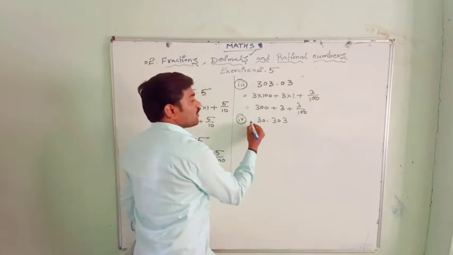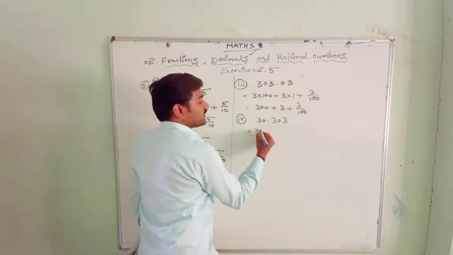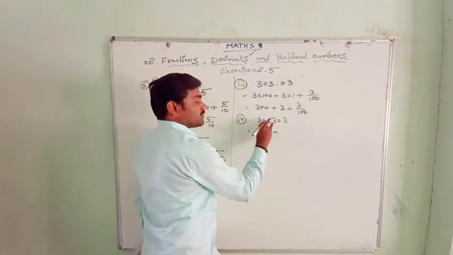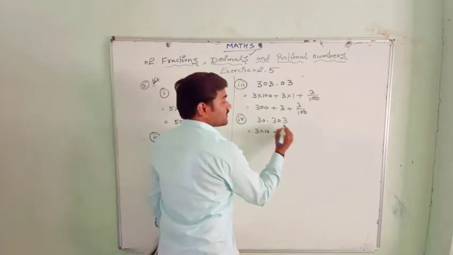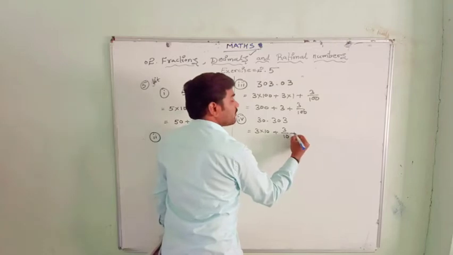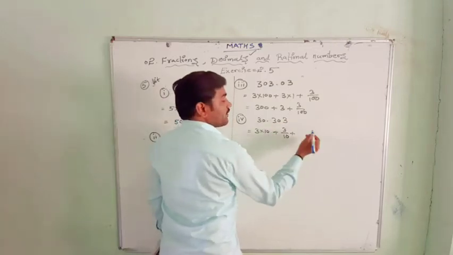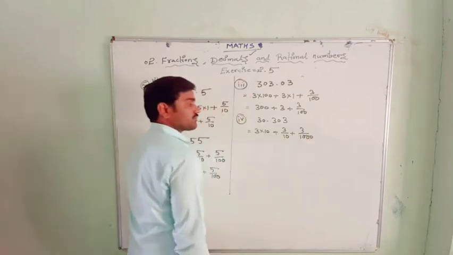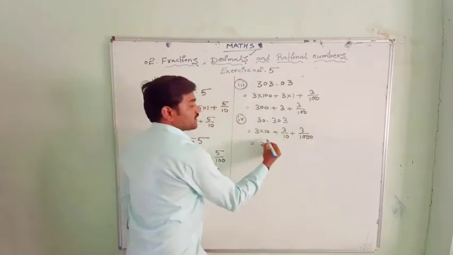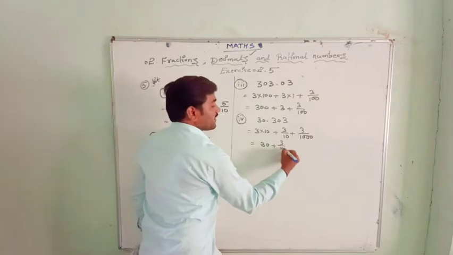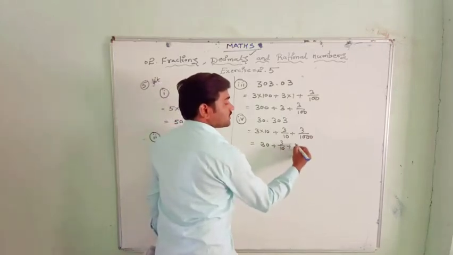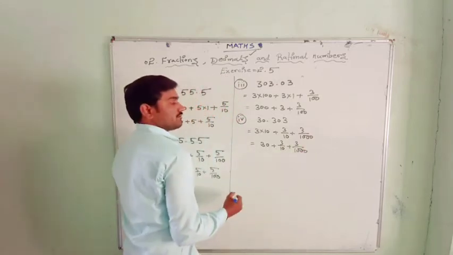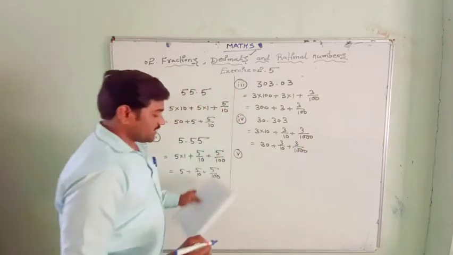30.303. Now here write 3 into 10. This is the tens place. This is the ones place, we need not write now. We go for this 3 by 10, plus this 0 is not required here. Then this 3 will be in the thousandths place. Here 3 into 10, 30, plus 3 by 10, plus here 3 by 1000. This is simple. Now next, the fifth one of this bit,